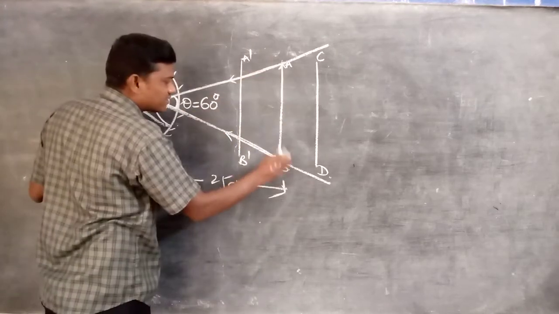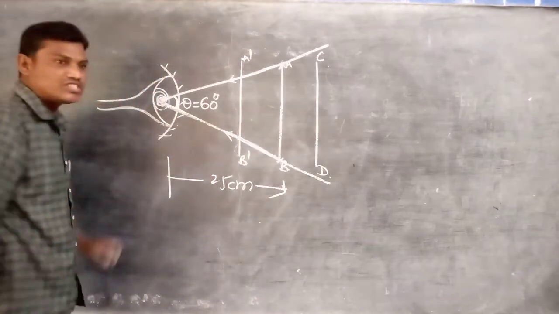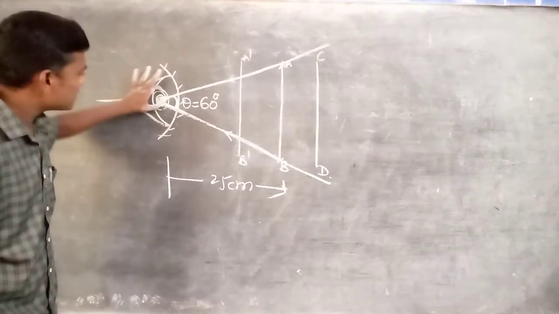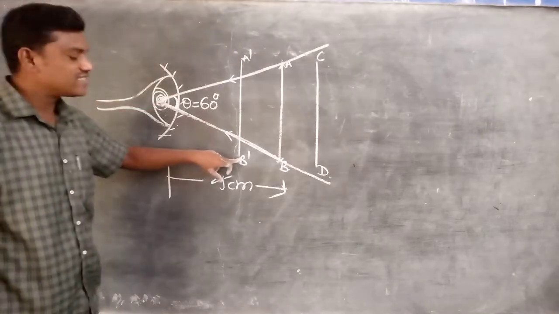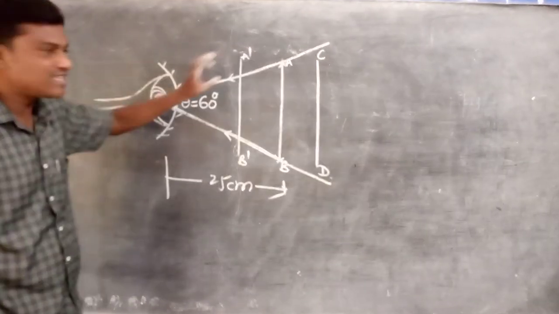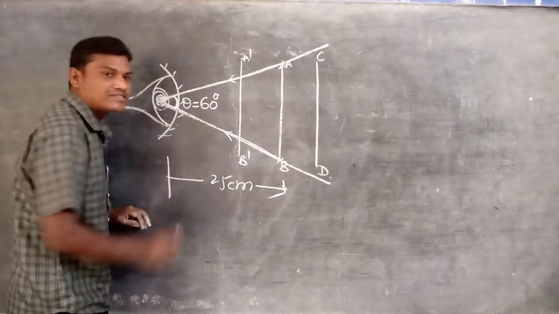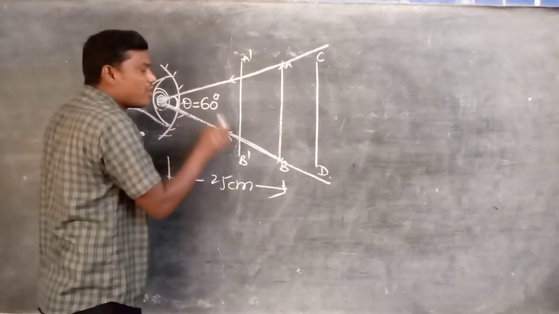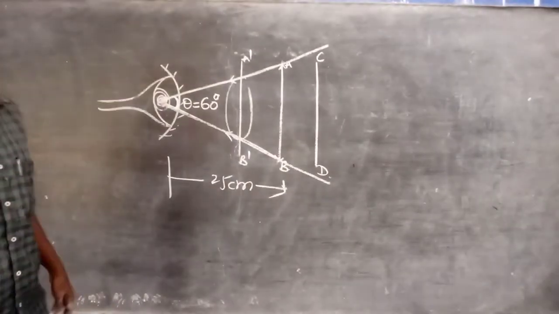Now the same object you can bring towards the eye. At that time, are you able to see the two extreme ends? No. It is possible only by changing the position of our eye: by moving our eye down, we can see B dash, and by moving the eye up, we can see A dash. That is, when the same stick AB is less than 25 centimeters, near to our eye, you see only part of the object but not the whole object.